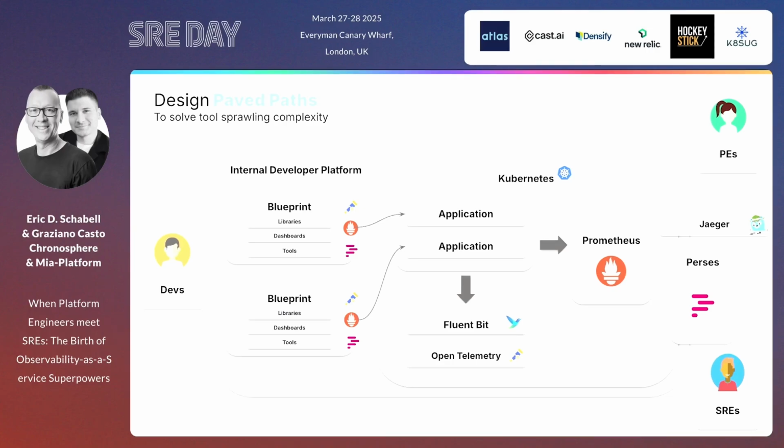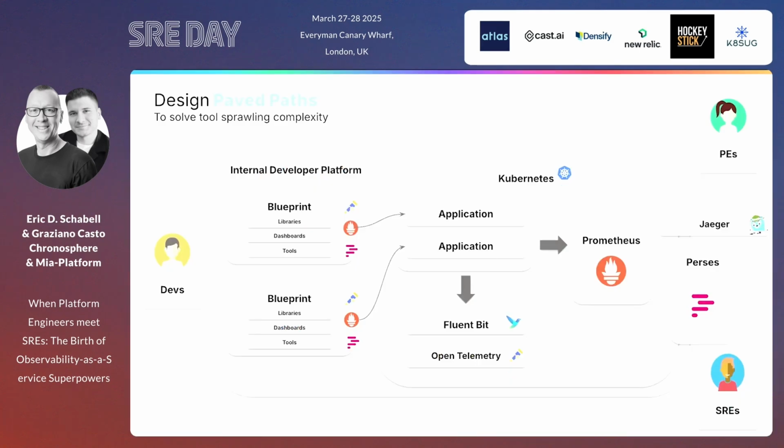But what is the first thing that provides abstraction? It is the paved path, which can take the form of blueprints, for example, which are templates that provide developers all the stuff they need to start their application with observability as a first-class citizen of the platform. They can, for example, start with a blueprint that has all the OTel instrumentation integrated inside. In this way, developers and engineers can develop their application without even knowing how the stack is built, how these different tools work together.